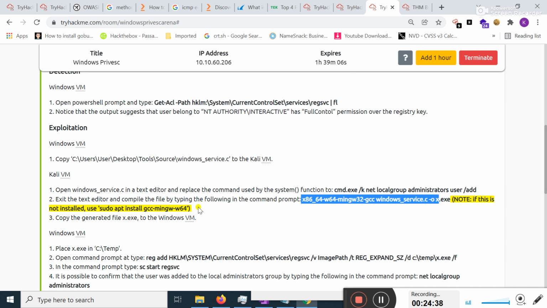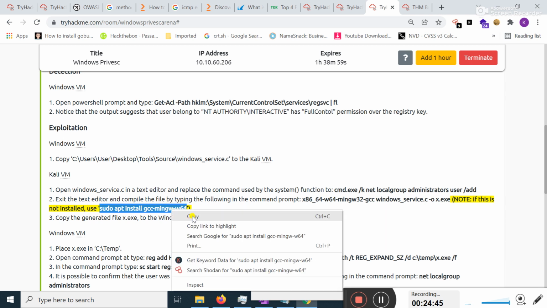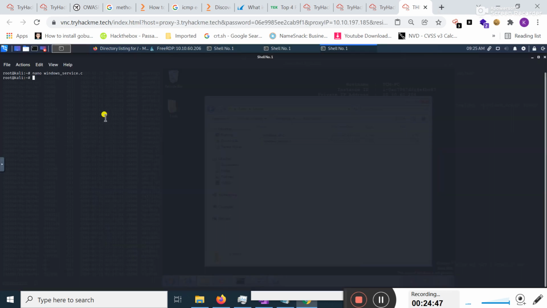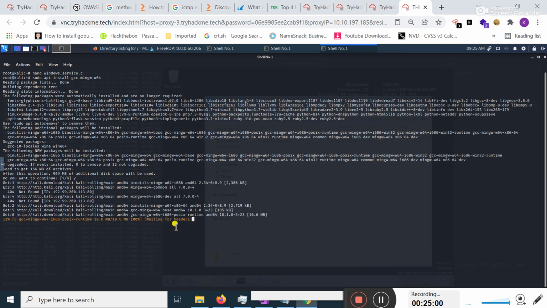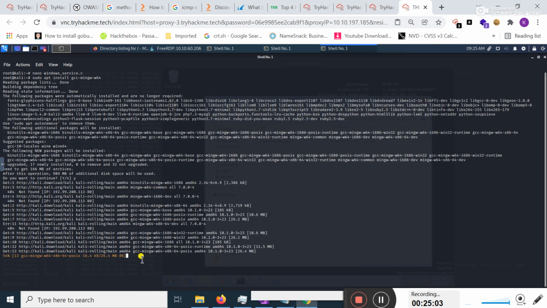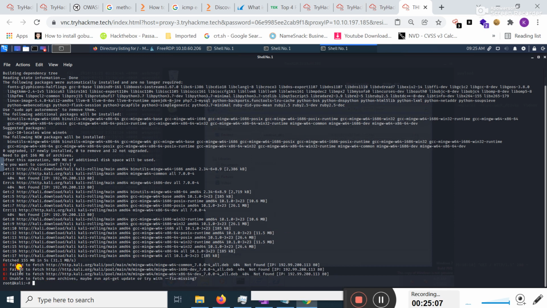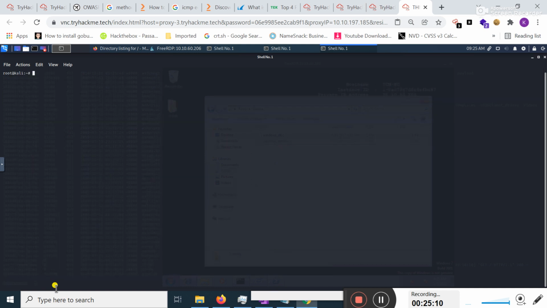Before running this command, you should first install GCC. So I should install this. I'm just copying this command from here, move to my terminal and simply type here sudo apt install gcc. Okay, it will take some time. Some packages are missing.